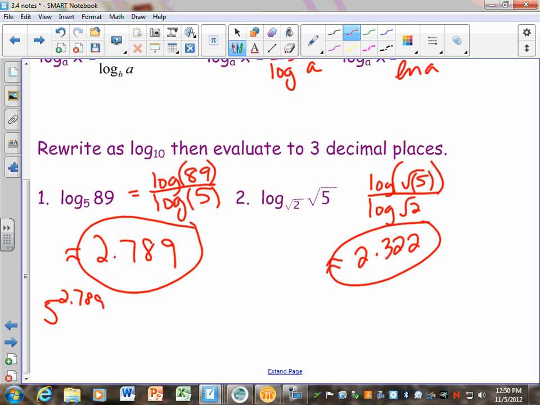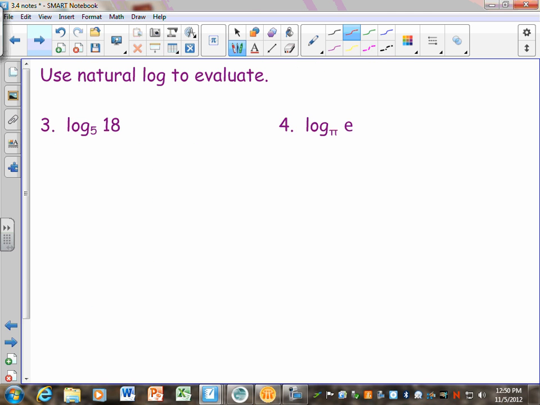You can do the same thing with ln. We actually could do these same problems, only changing it to ln of 89 over ln of 5. You get the same exact answer, but just make sure you read the directions on which one they want you to use. Like this one says rewrite as log base 10, as opposed to if the directions say use natural log to evaluate, that means I want you to use ln, right? Natural log